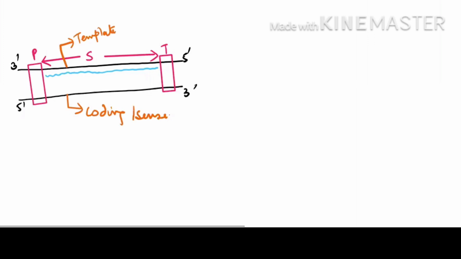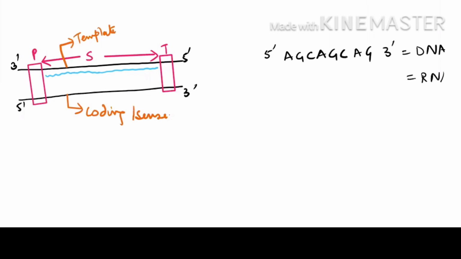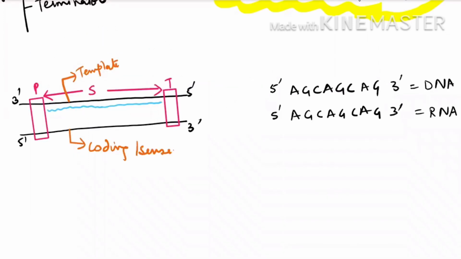Suppose they give you the DNA, this strand running from 5' to 3'. It is AGC, AGC, AG. They are telling you this is DNA, and they are asking what is the RNA. Then you know very well that the lower one was 5' to 3' running down, and the lower one was your coding strand. The coding strand is the same language which the RNA is carrying. So you do one thing. Just write 5' and write the answer AGC, AGC, AG. And this will be your answer.